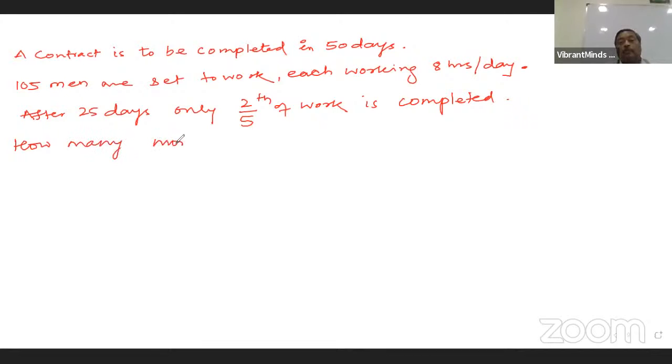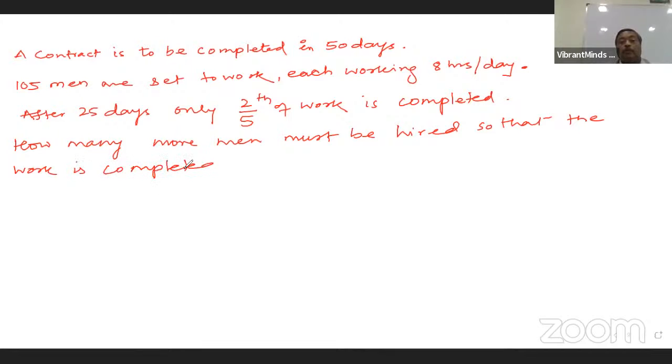How many more men must be hired so that the work is completed on time? Clear? How many more men must be hired so that the work is completed on time,